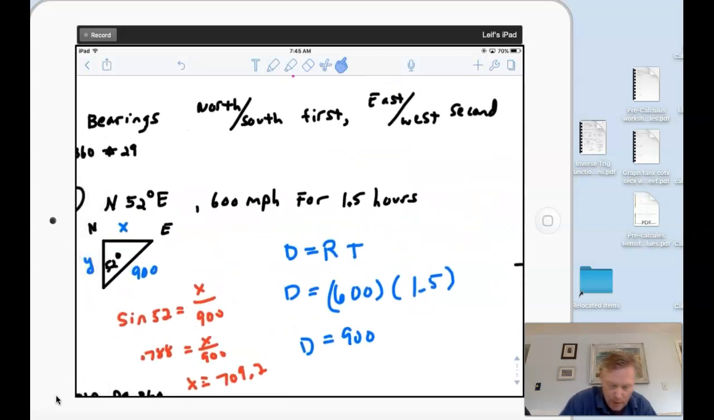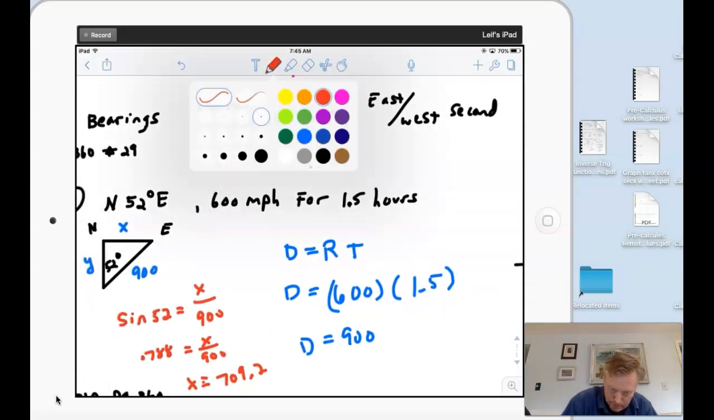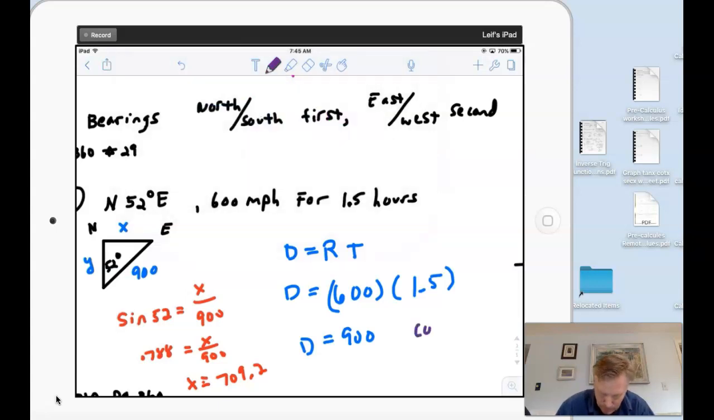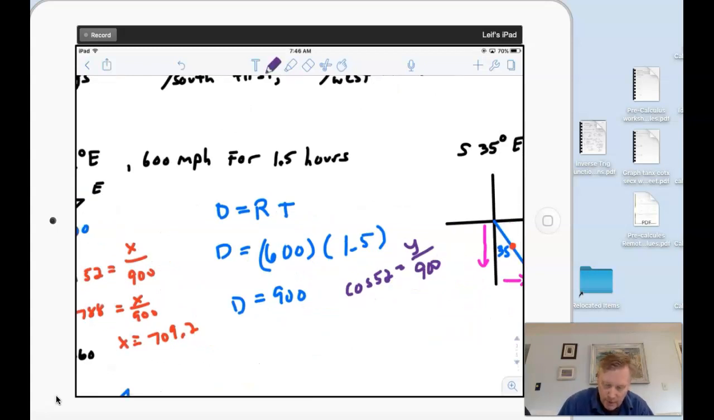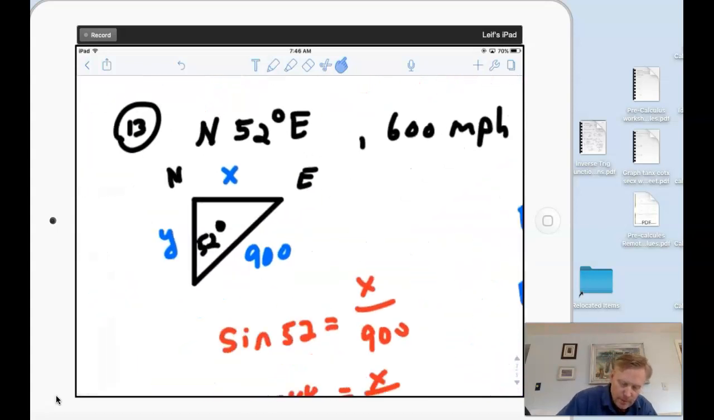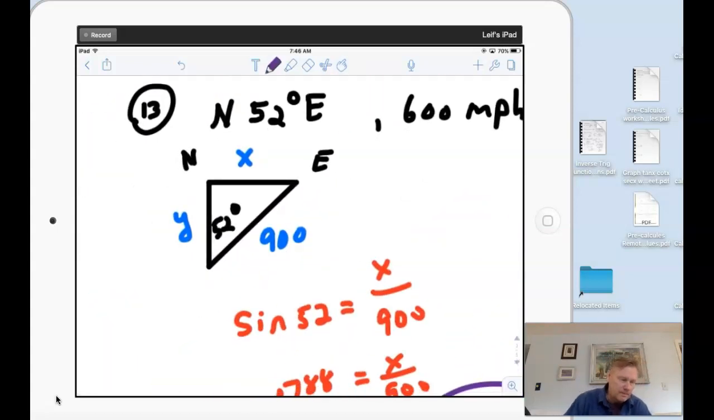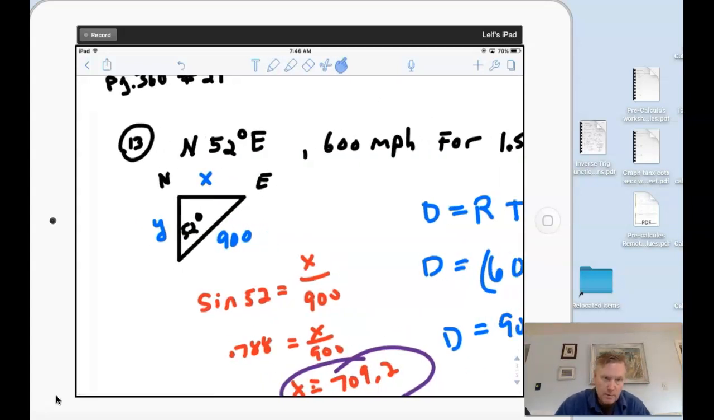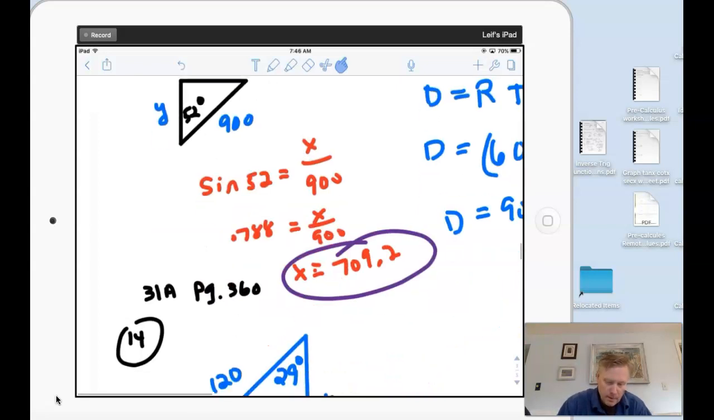And if I solve for y, I'm going to do the cosine. Cosine of 52 will be y over 900. And if I solve that out correctly, I should get that y will be 554.1. So there's x, there's y. Notice how I had the x going. If I made this on a graph, actually it doesn't really matter. The x is the distance east and the y is the distance north. Anyway,